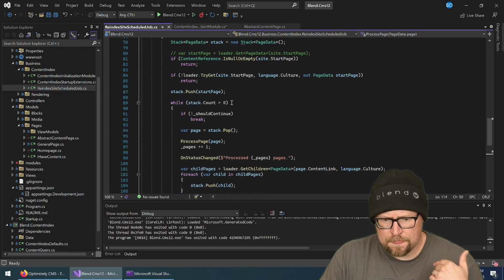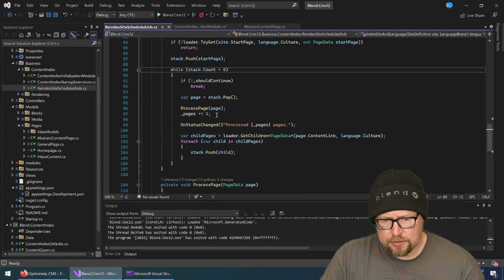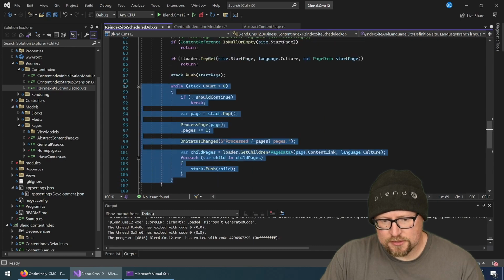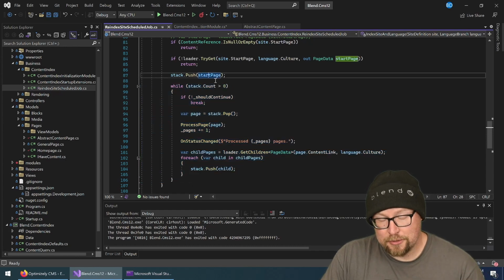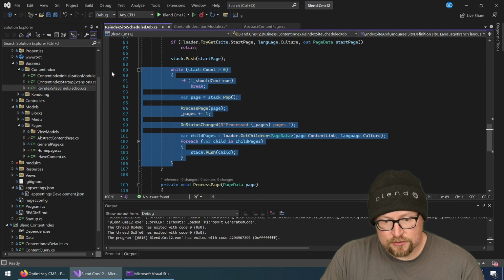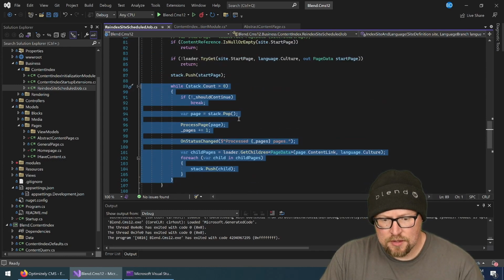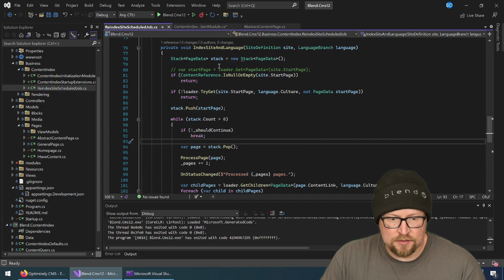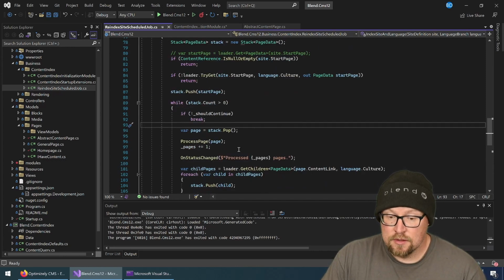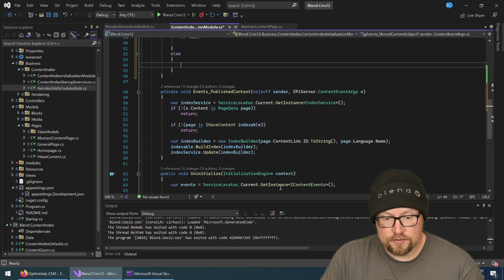We have a recursive function here that starts at a page, which just happens to be start page here, and then recurses through and calls process page. So I already have this functionality, just not in a usable place because it's in the scheduled job. So I think what I'm going to do is refactor this out and then come back to this module